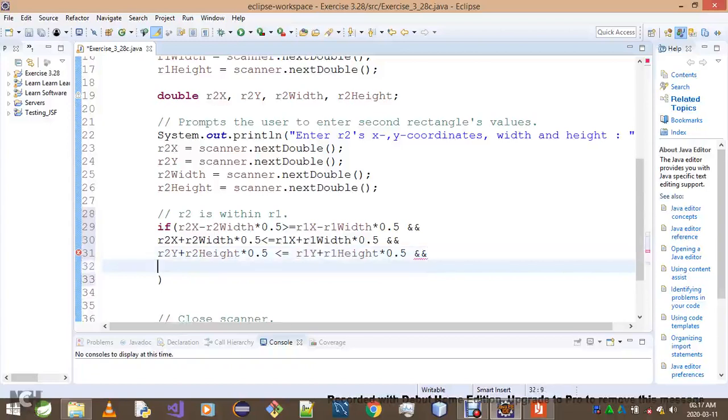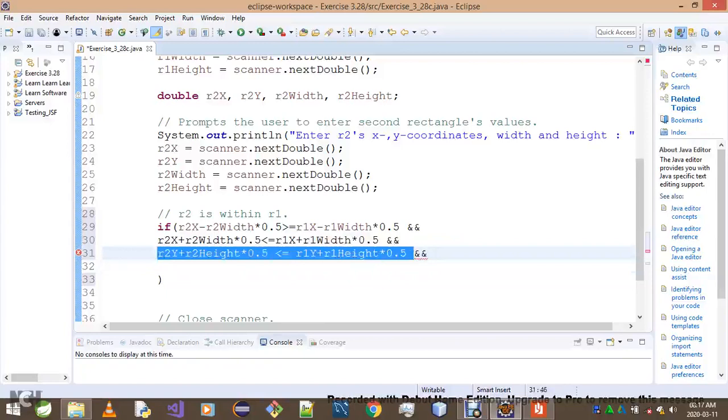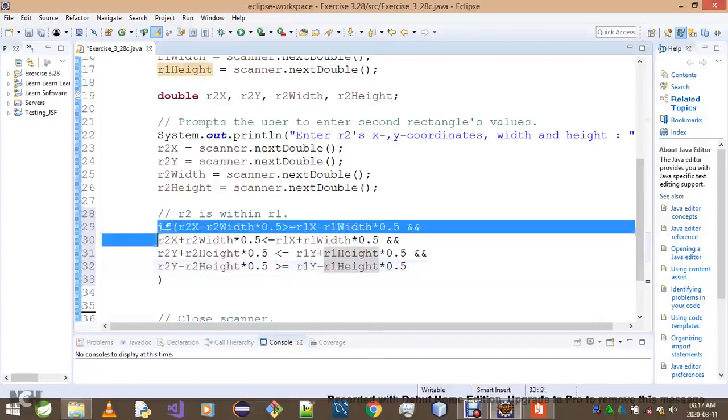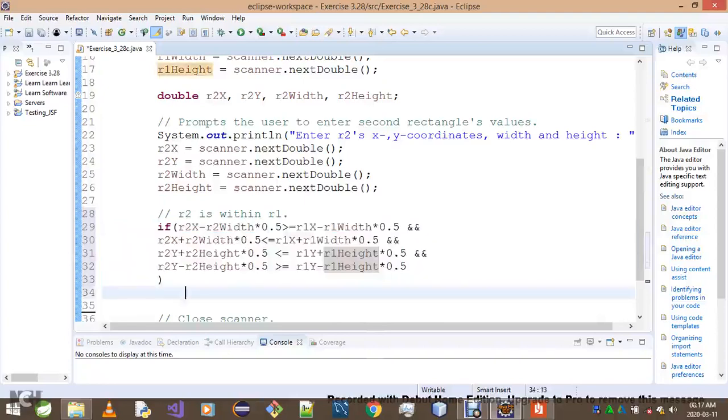So now I've got to put my last case. I'll simply say R2 bottom boundary is greater than or equal to R1 bottom boundary. Here's what's going to help me. I'll copy and paste that and then say minus over there. So this is nothing else but R2 bottom boundary. We said that is greater than or equal to R1 bottom boundary. So if this case holds, then we can simply go